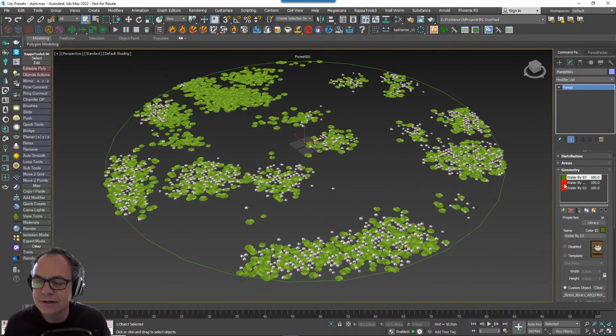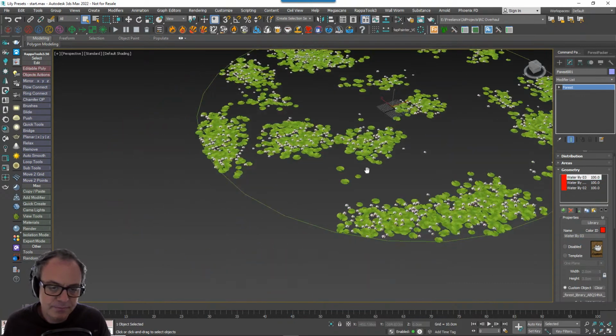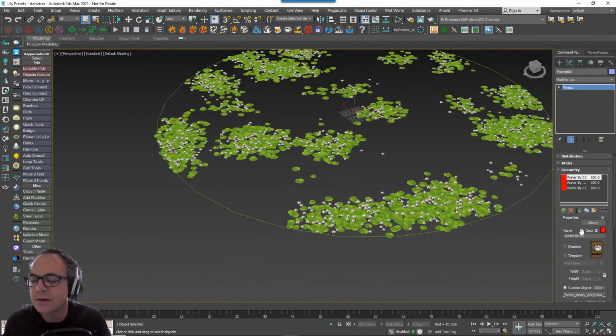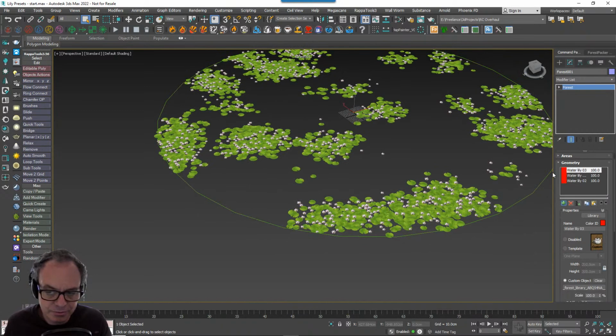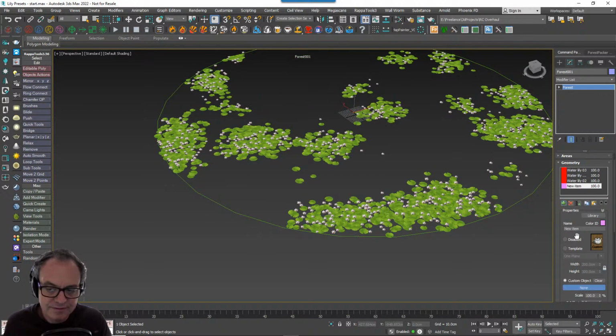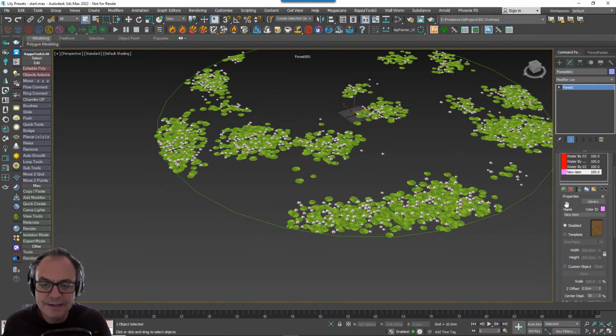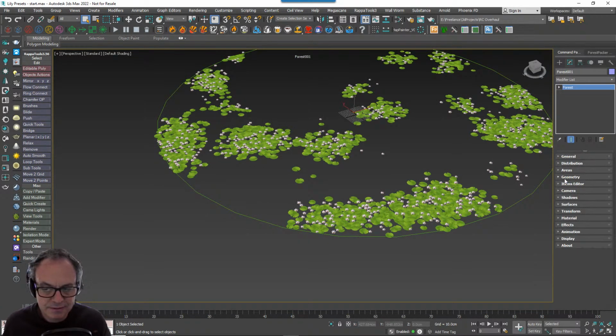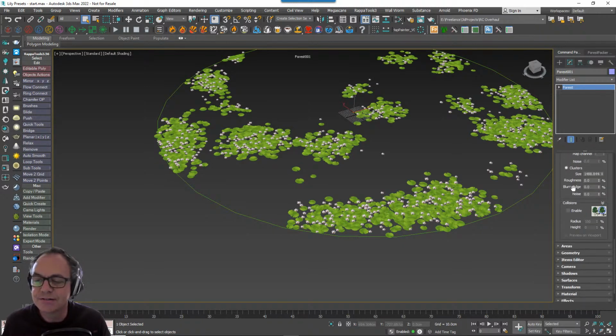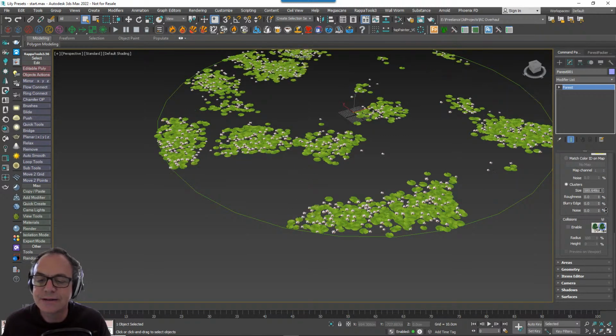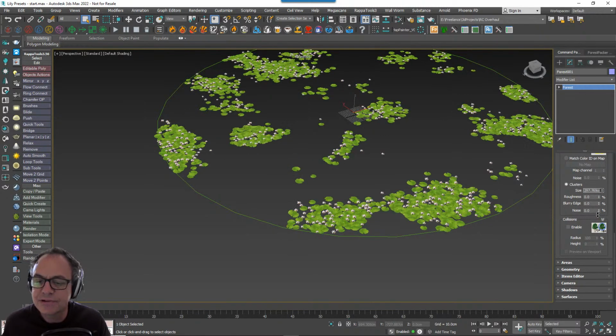But I don't want to do that. I want to keep the same color ID for all of these parts that are going to make up the plant. What I want to do instead is add a new item of geometry and set it to disabled, so it's basically null, and give that a separate color, which it has, purple. What that lets me do is create empty clusters. So when I scale this down a little bit, you can see I'm creating empty clusters, here's one here,